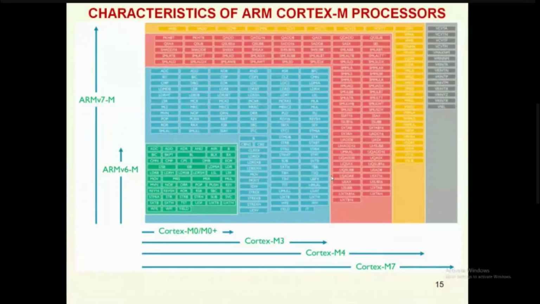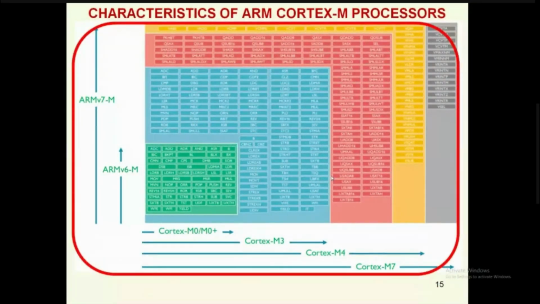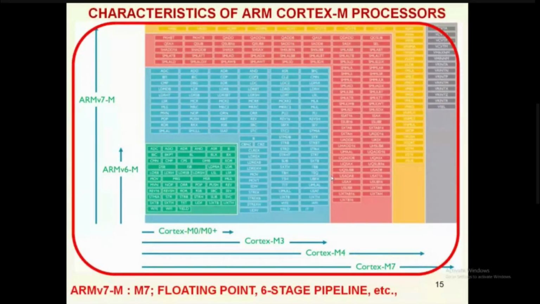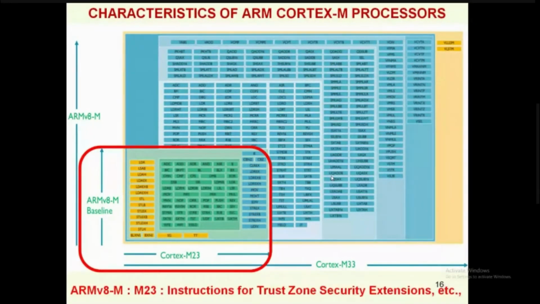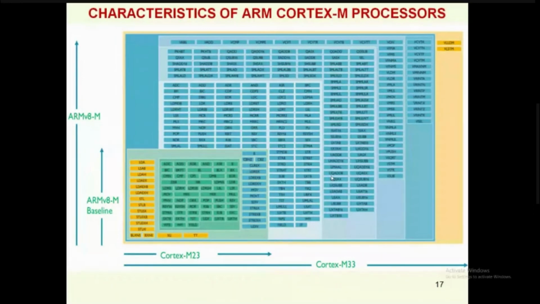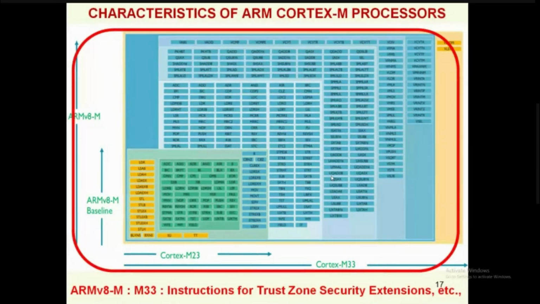Similarly, the Cortex-M7 series uses instructions which include floating point operations also, and some 6-stage pipelining, etc. ARM V8 in the Cortex-M baseline is used in Cortex-M23, and ARM V8-M has TrustZone security extensions, where network security is ensured in Cortex-M23 kind of devices. And finally, the ARM V8 instruction set architecture is most widely used in Cortex-M33, with instructions for TrustZone security